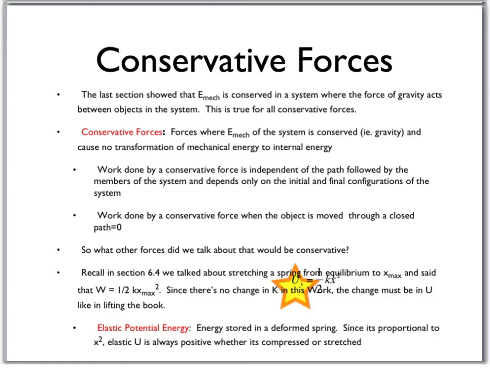So when we talk about work done by this force, what we're saying is it doesn't matter how you get from point A to point B. If we have point A over here, point B over here, you could get to these 2 points by a direct line. You could get to them by following a curvy path. You could get to them by maybe following a staircase. Whichever way you choose to get from A to B, it doesn't really make a difference in the work done